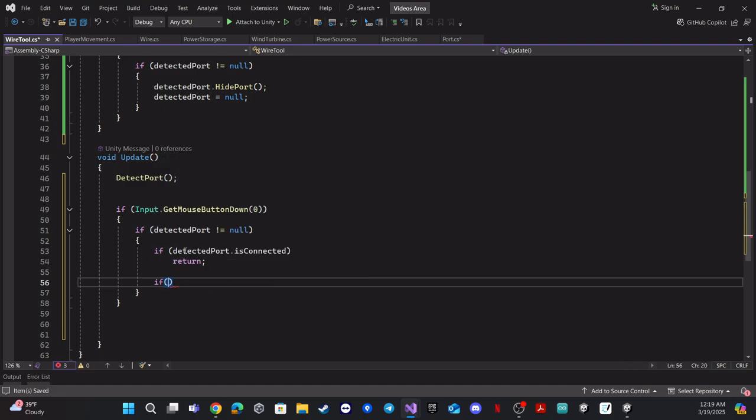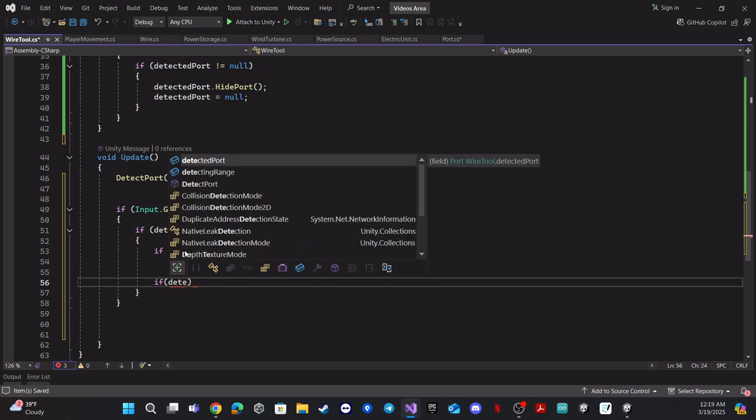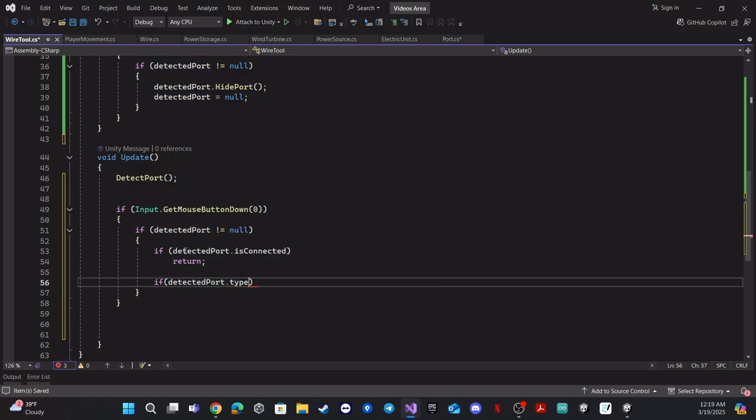Another one, we need to check that we don't connect two input ports with each other or two output ports with each other. So let's check that. So if detectedPort.type is equal to PortType.Input, and